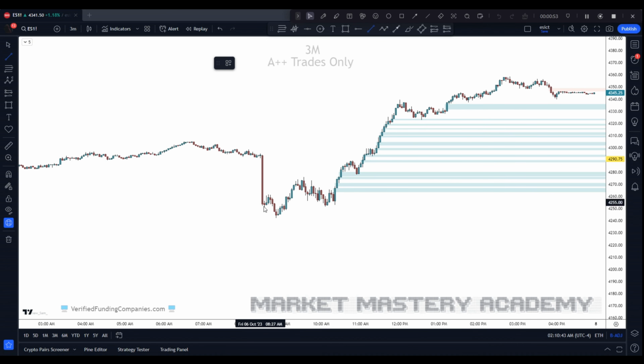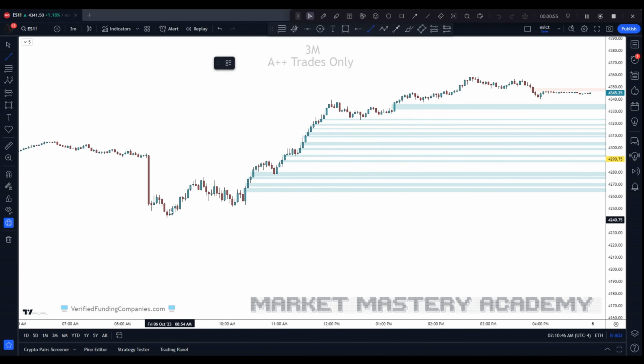First off, let's start with the difference between the breaker and the mitigation block. Price moved down here, then it came up, it came back down, running that previous low to the left, and then it moved up, back down. Now this high, this last up close candle here, will act as support because the people that sold here didn't take profit, held through all this, have a chance to get out break even, they're going to take it. And this is a breaker because it ran the low to the left. This right here